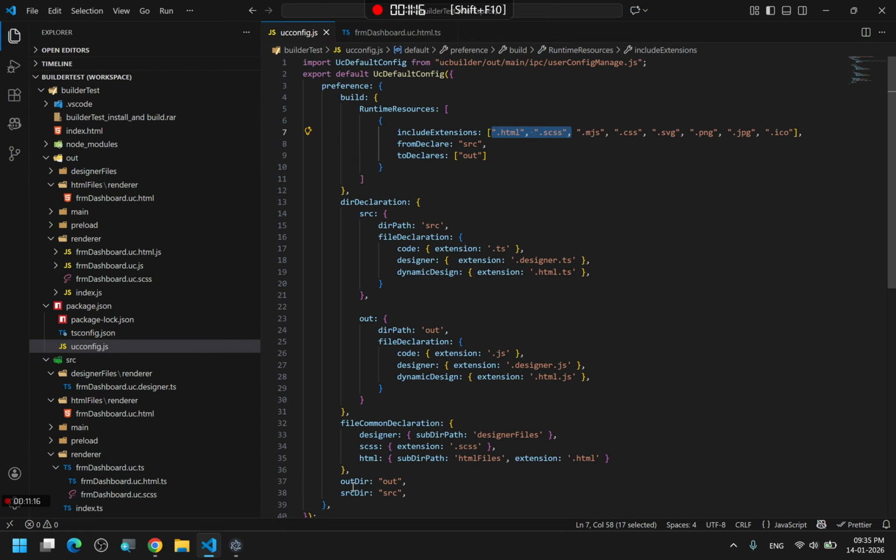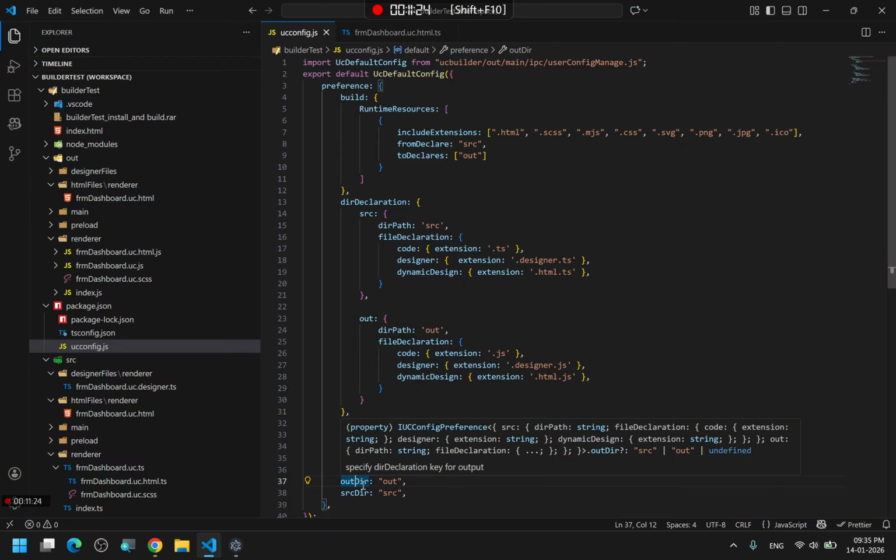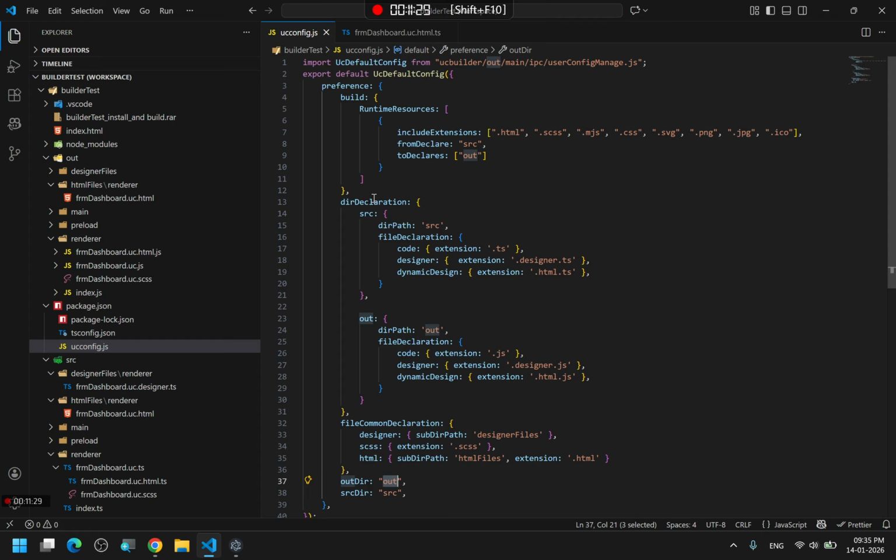So, and this is for UCBuilder main point, and you need an out directory here, an insert declaration, not directory actually, like out. So this out directory will be considered the out directory, and for the SRC directory we set SRC. Here you can set dist as a declaration and set this kind of path, but keep in mind just if